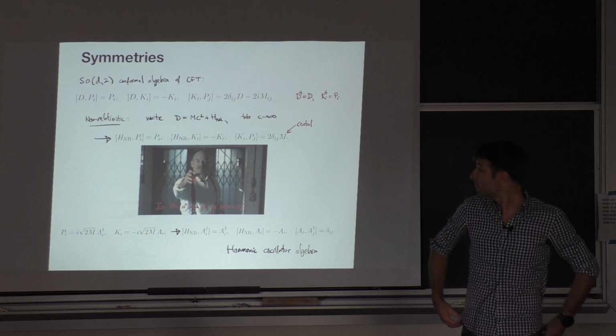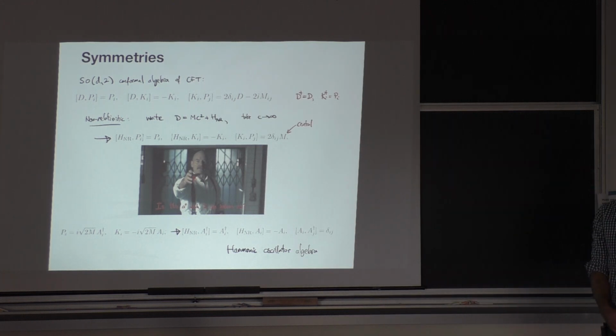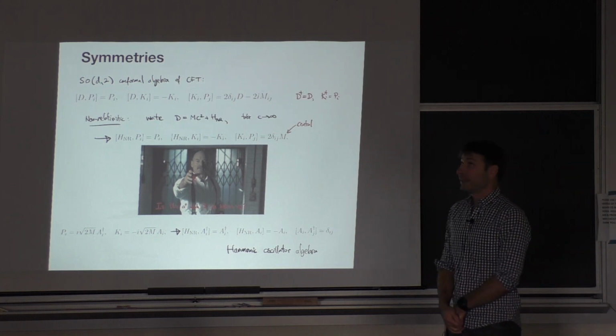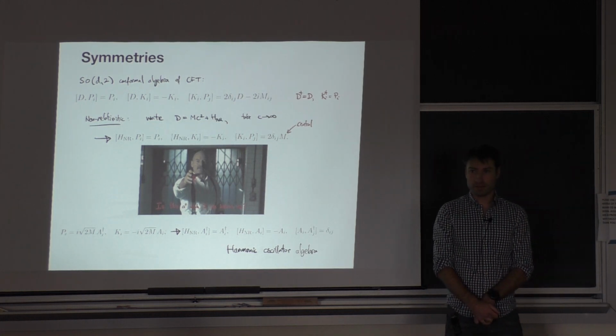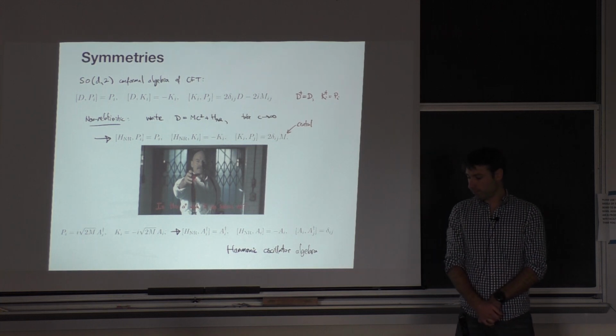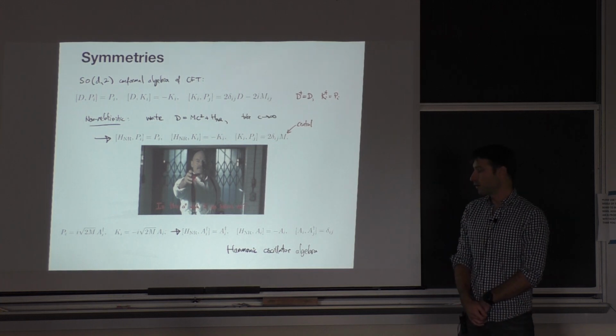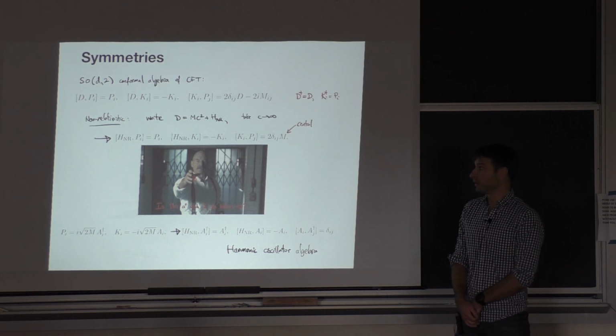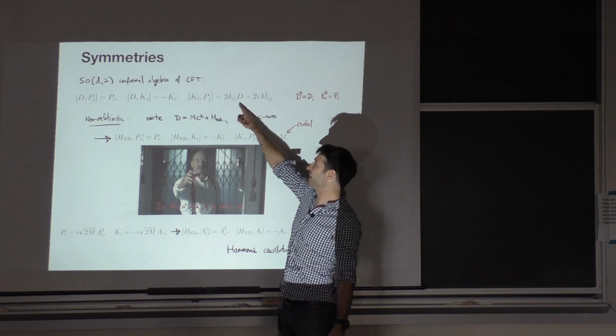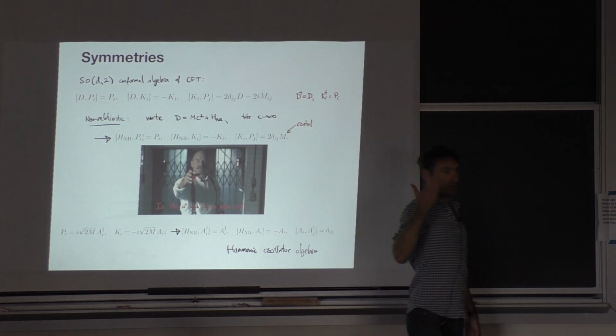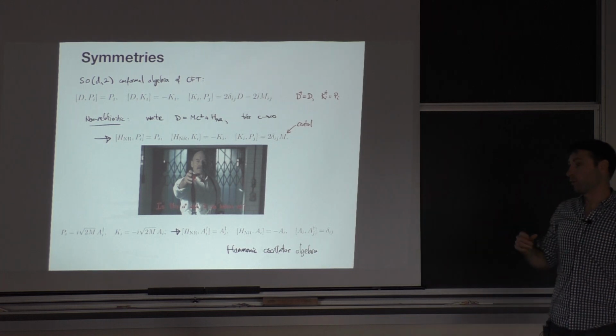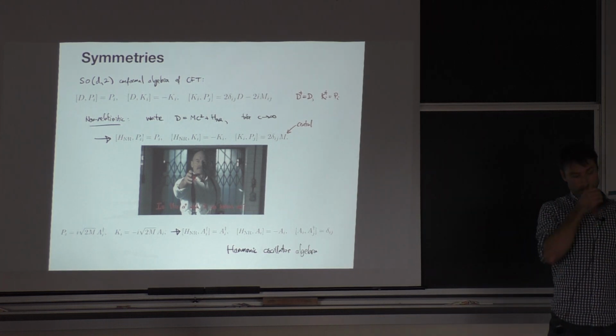And so in the K and P, we normally think of, let's see, in global AdS, they don't have a super simple action in global AdS. Global AdS manifestly has the symmetries of the dilatation operator and the rotations, but the K's and the P's are a bit more complicated. They're roughly boosts in the,